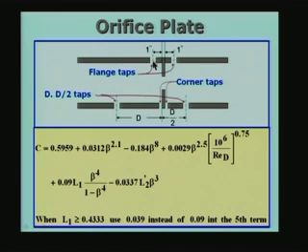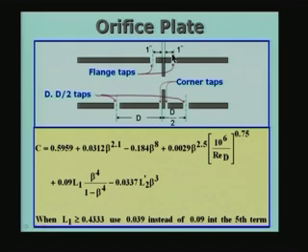If I look at this, these are called the flange taps. Why is it called flange tap? Because the orifice plate is going to be assembled as a thin sheet of material with a small hole in the center, which is going to be held between two flanges, and the two pressure taps are very close to the flanges. So, they are called essentially flange taps. This is 1 inch and 1 inch. If you want, you can take it as 2.5 centimeters and 2.5 centimeters in the case of the SI system.